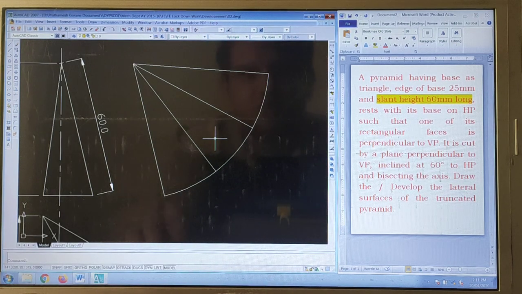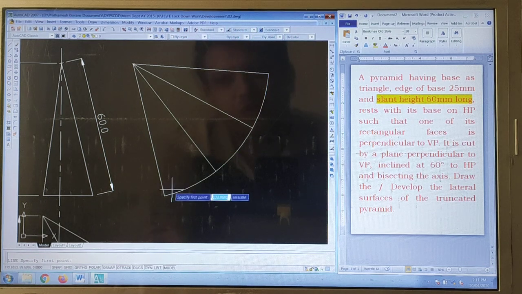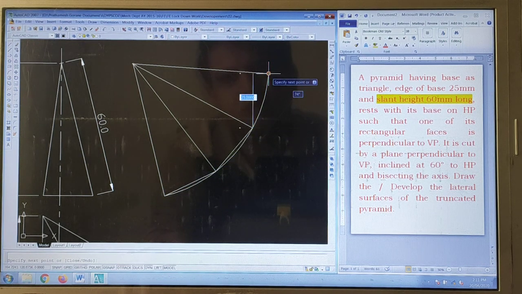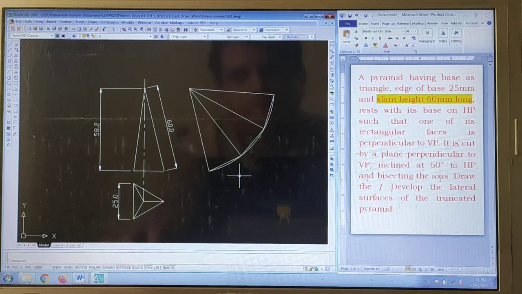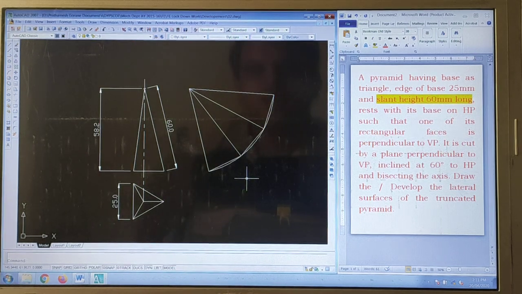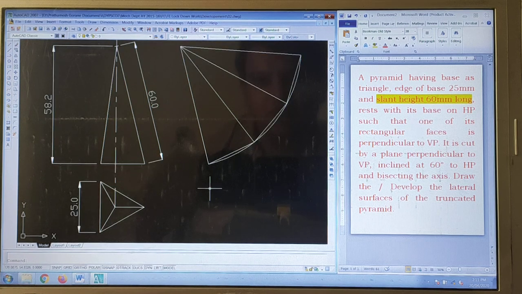As this is a triangular pyramid, these are nothing but straight lines. This is the development of a triangular base pyramid. What is remaining in this problem is the dimensioning part. So let us do that.